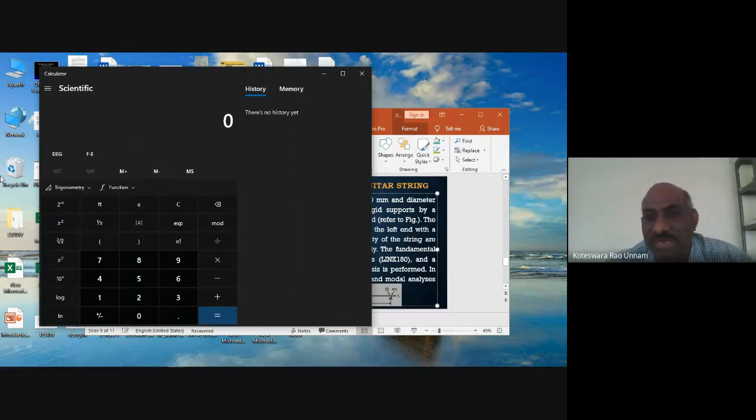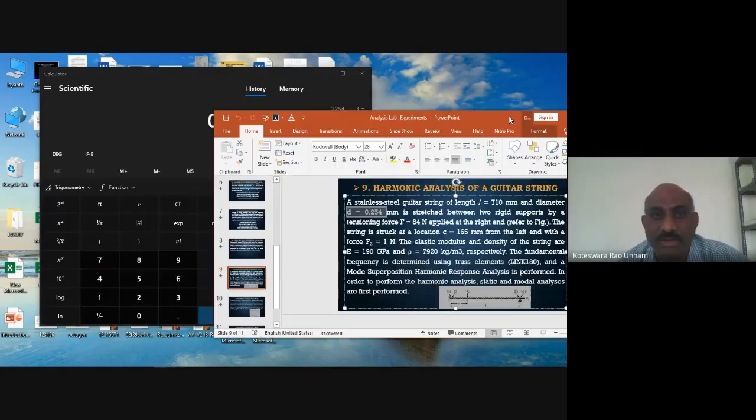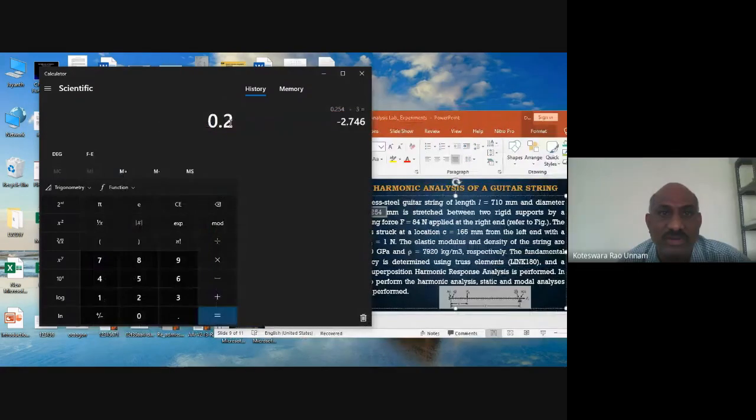For a circular cross section, the area is π/4 d squared. The 0.254 is given in mm, so if I convert that into meters, it is 0.254 divided by 1000. This is the diameter of the string in meters.